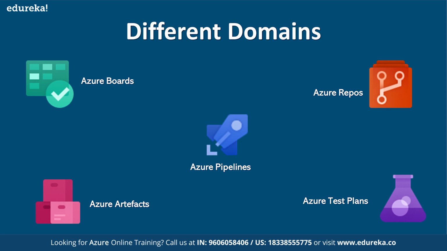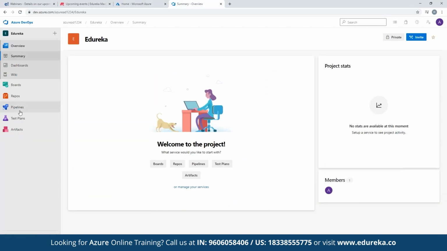Right, so you need to remember, once you go to your portal, if you open the portal here, let me show you, you can see the same things which are there here, right? So Azure Boards, you see it here. These are a work tracking system with Kanban boards, dashboards, or any other reporting kind of activity which you can perform on the boards. We have work items, backlog, sprints, all of these are available in the boards.